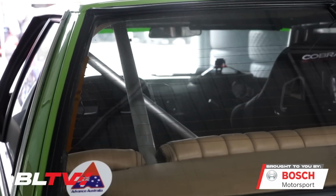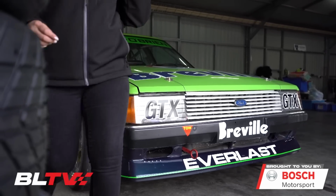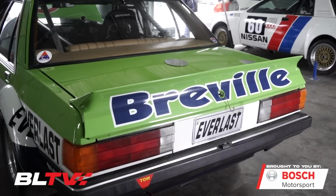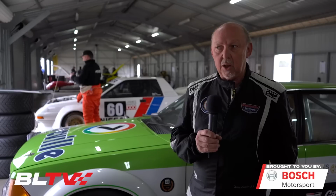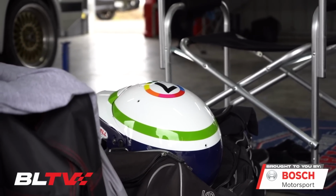So we've raced this car at Bathurst, and this year we are one of the support categories for the Bathurst 1000, so it's really good to take the Bathurst cars back to Bathurst. Crowds go crazy about it. With Heritage Touring Cars, the logo says we are the legends of Bathurst, and that's what these cars are, legends of Bathurst, and that's the best track to have these cars at. Having said that, I haven't raced at Winton for quite a few years,